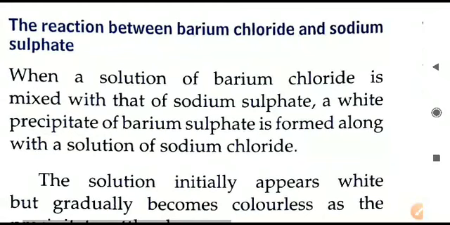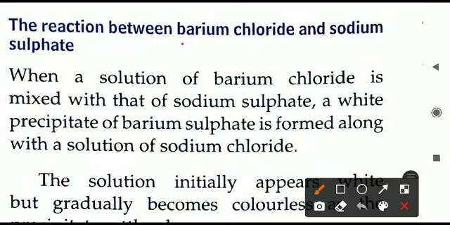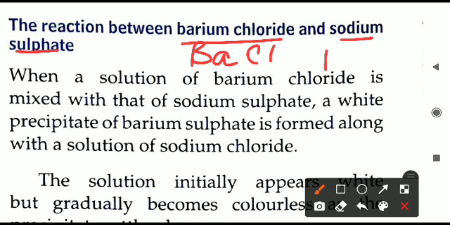Similar reaction, another example now, as we are studying double displacement reactions. Second example, barium chloride reacting with sodium sulfate. Ba is the symbol of barium. Cl is for chlorine, that is chloride. So barium chloride, BaCl2. Then sodium sulfate. Sodium is Na, sulfate is SO4. Now sulfate valency is 2, so we will write Na2SO4.